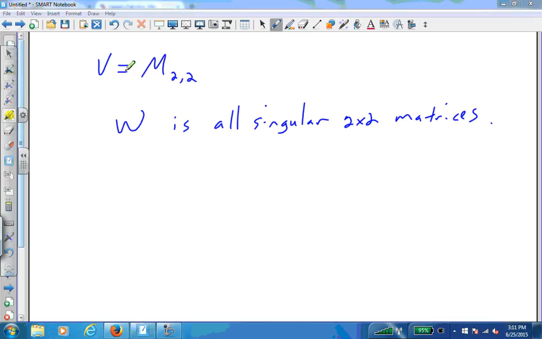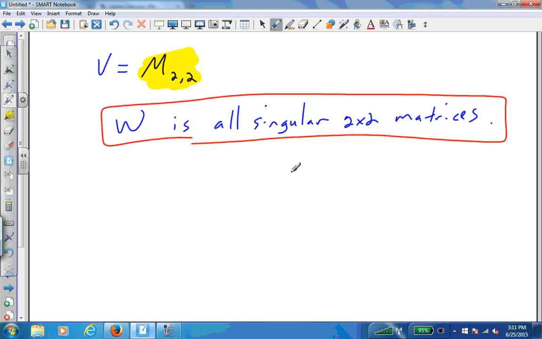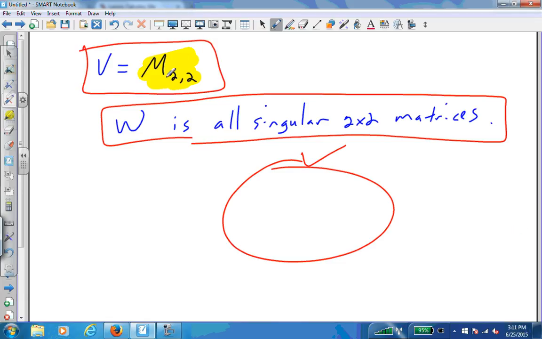So if V is all 2 by 2 matrices and W is all the singular ones, then think of V as being your space, which we demonstrated in the last section is a vector space. If we look at a subset of V, let me be careful, not subspace, a subset of V, this is V, this is W,